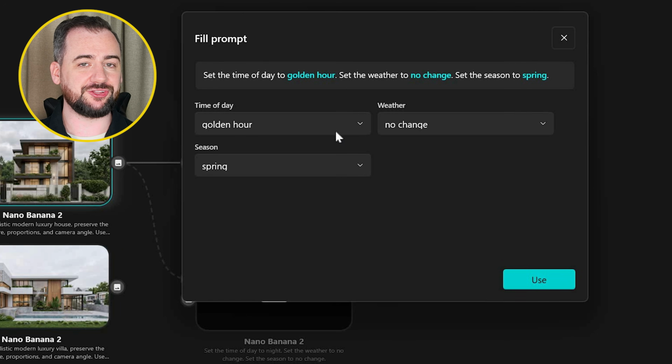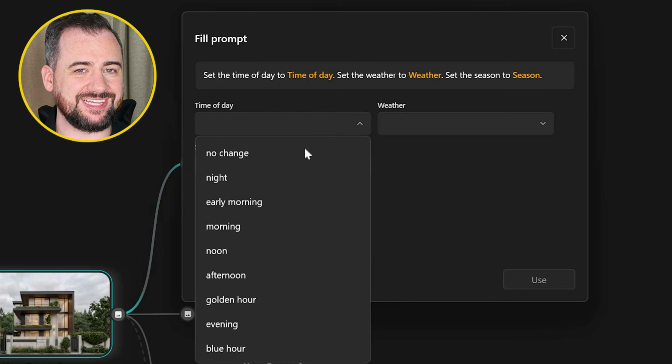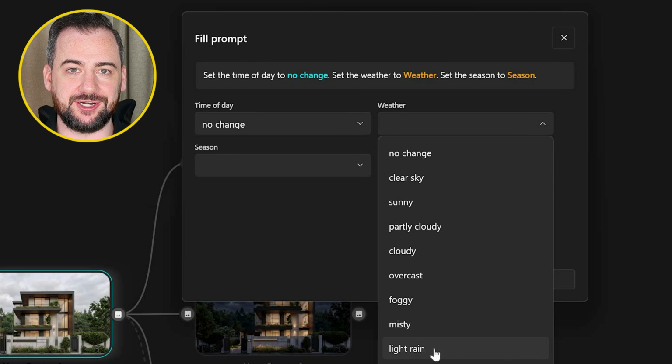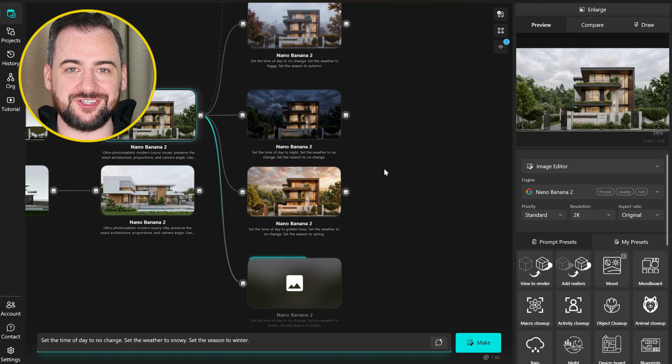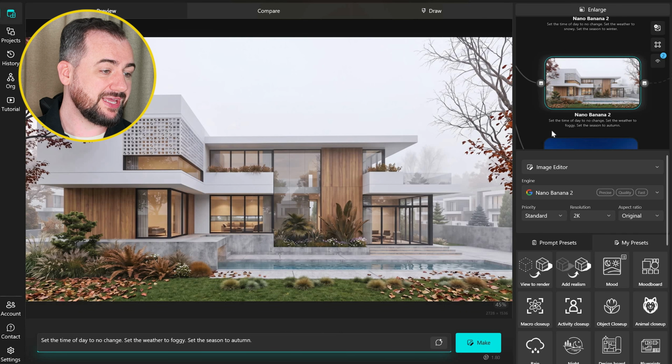In the third one, I'm not changing the time of the day, but I'm going with the foggy autumn. And the last one, let's go with the snowy winter. So let's see the results. And I'm doing all four of these modes, both for the villa project and the project of the modern house in the forest. Let's start with the foggy autumn, and the fog softens the roofline in a way that adds